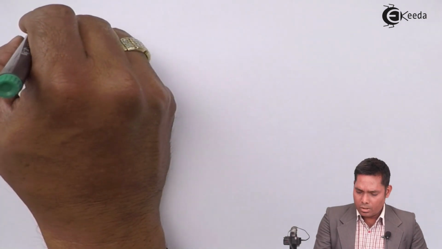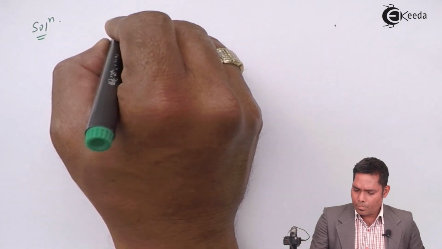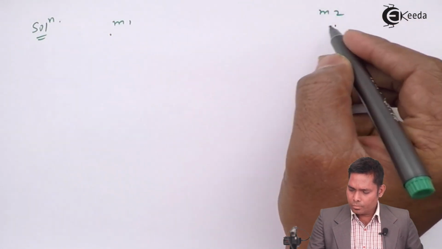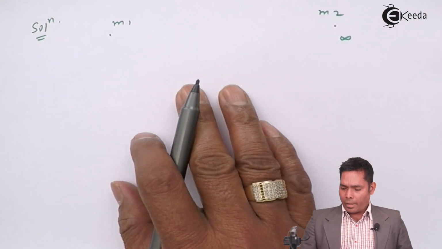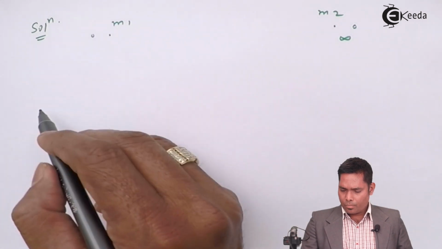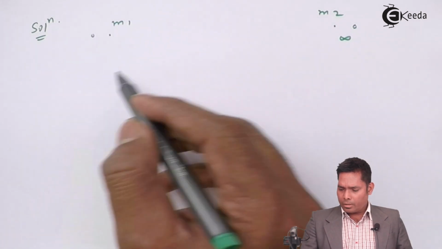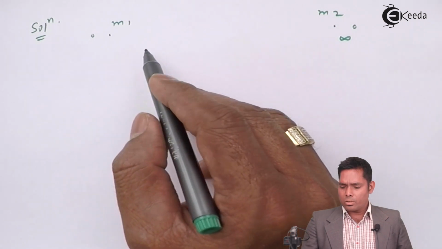Solution to this question: there are two masses m1 and m2. They are at infinite separation, and they are at rest. So initially the velocity here is 0 and here is 0, and they move towards each other with gravitational force,